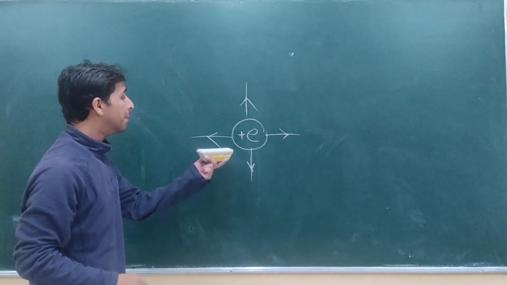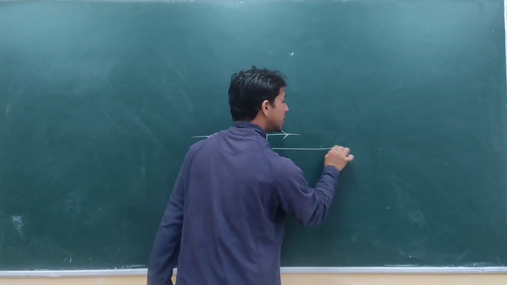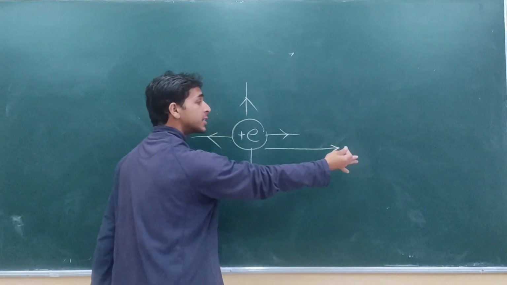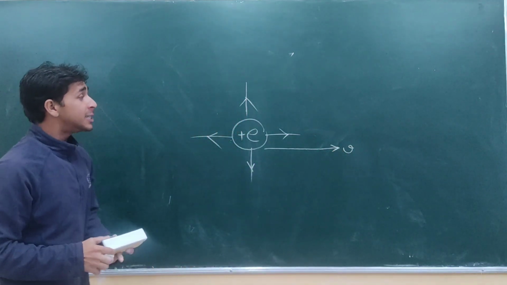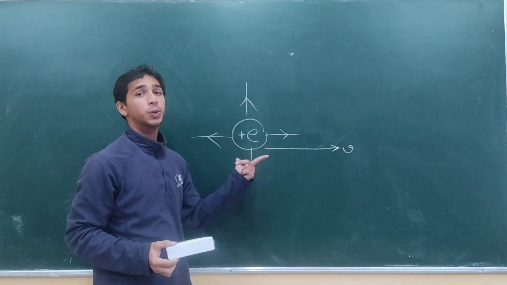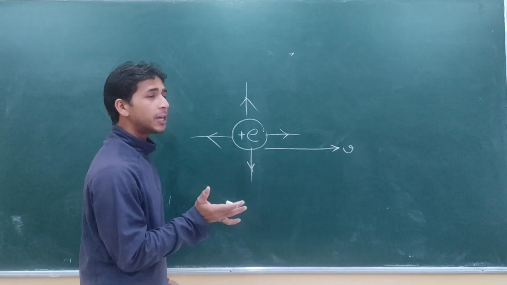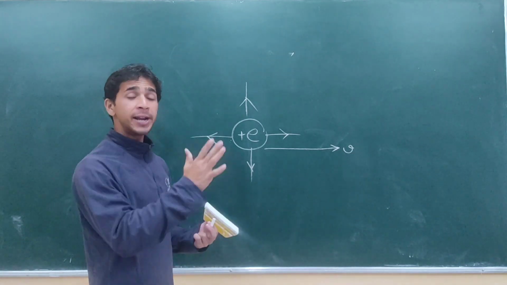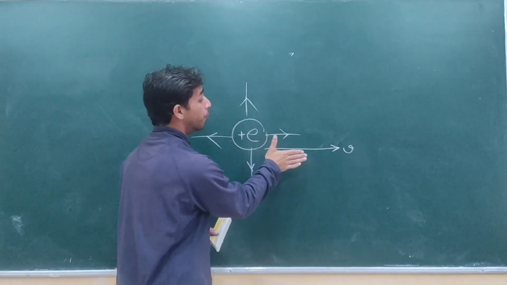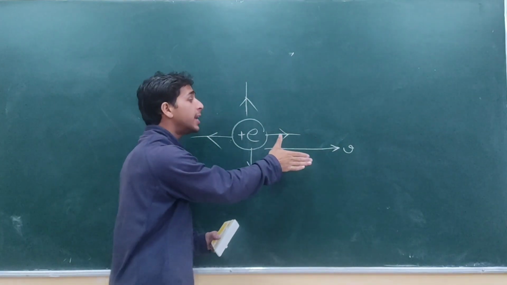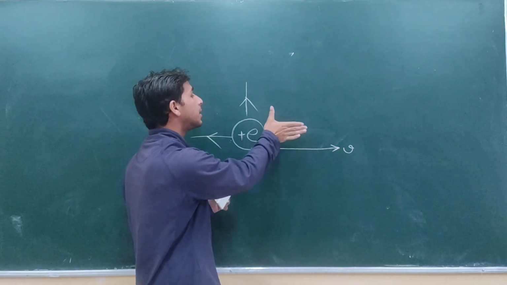And now if you make this charge move, let's say it's moving along this straight line to the right-hand side with a velocity v, in that case it creates magnetic fields also. The direction of those created field lines can be visualized easily if you make your right hand like this and place your forefingers along the direction of that moving charge, and whatever direction your thumb points will be the direction of the created magnetic field lines